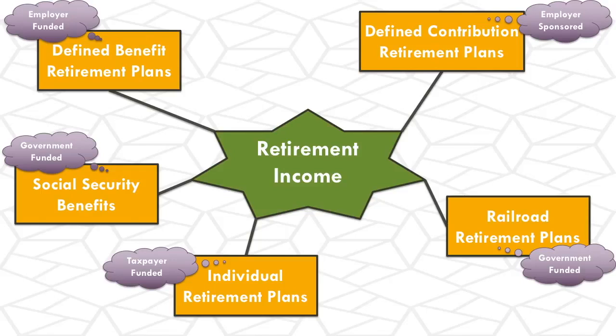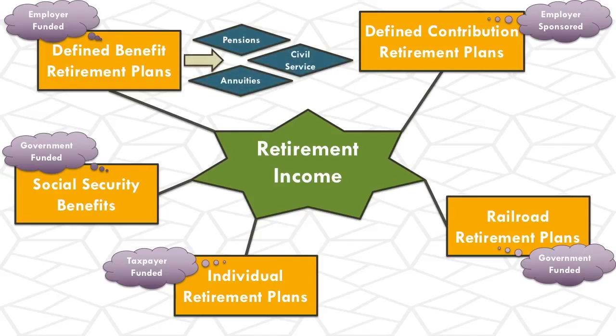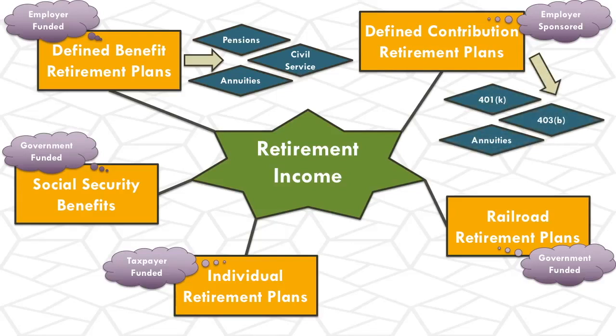Now, some different types of defined benefit retirement plans that we may see. Pensions. When we refer to pensions, we're generally talking about a defined benefit retirement plan. Now, civil service employees, they all have defined benefit retirement plans, so we'll have civil service plans. And then some annuities. Annuities can be defined benefit retirement plans. Also, in the defined contribution retirement plans category we have what's called a 401k, which you may have heard of. We also have a 403b plan, and then again, some annuities can be considered